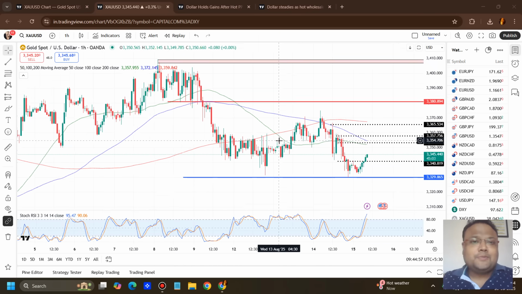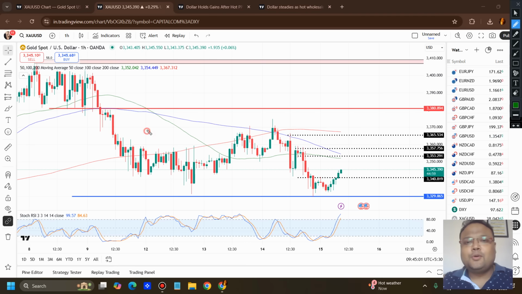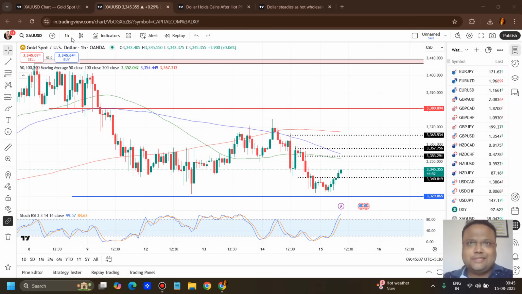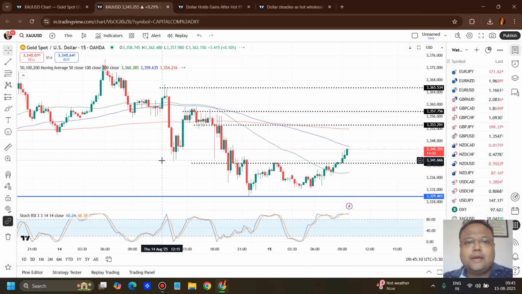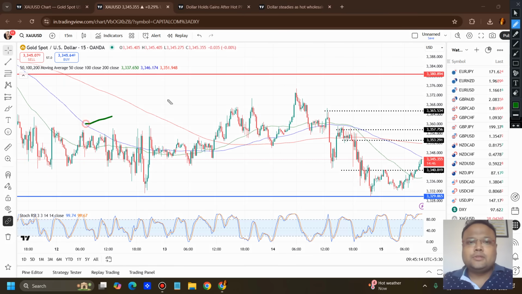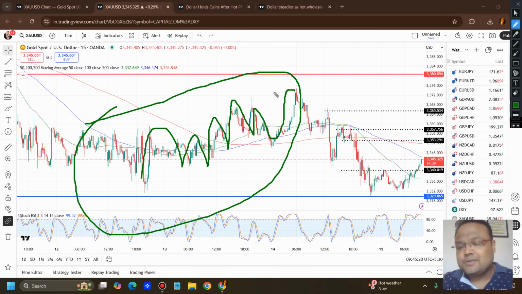And gold has been really crazy, because yesterday when we were discussing gold, it was bullish. This was the trend of gold. We were looking at a 15 minutes time frame. We were discussing the confusion on the chart of gold, but we also discussed that the structure of the market was bullish.